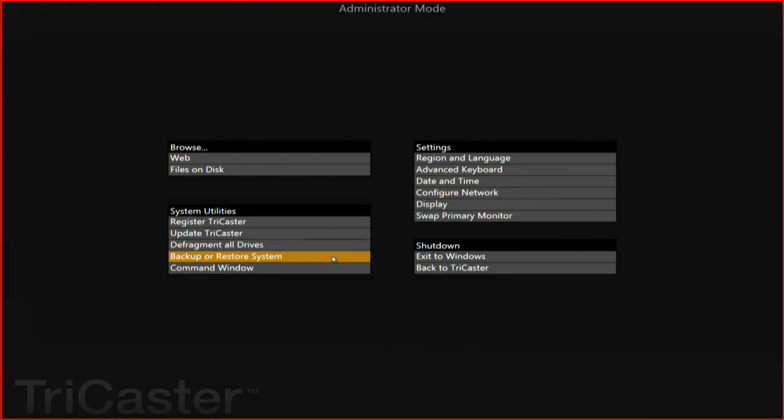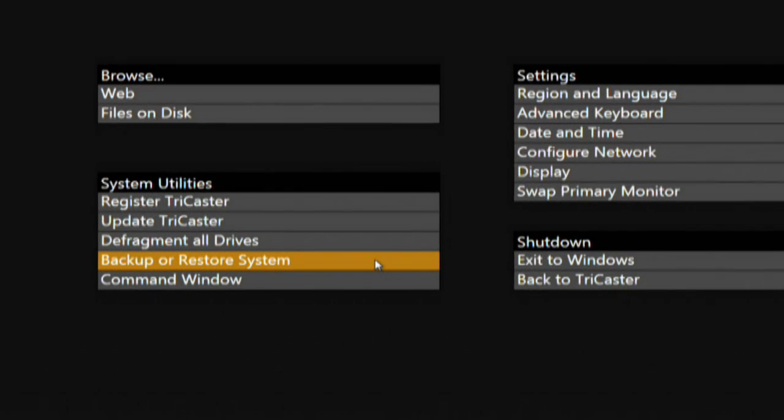TriCaster 8000 allows you to periodically create images of the C drive with your additions and updates so you have a full backup of the system that you can restore to. Now, this process should be done when custom content is added like virtual sets or you have done a software update. Otherwise, you will have to reinstall any added software and any updates if they're not part of your C drive backup. The system backup and restore feature is something that you will want to have help with doing, at